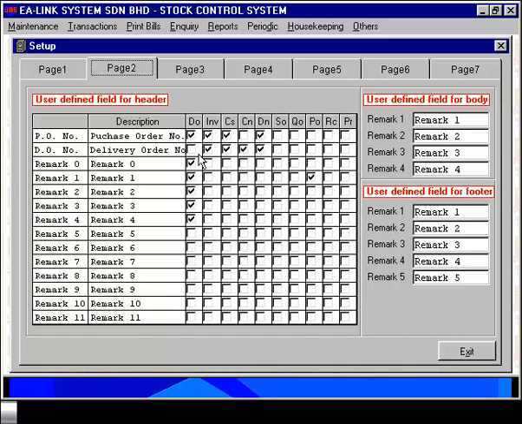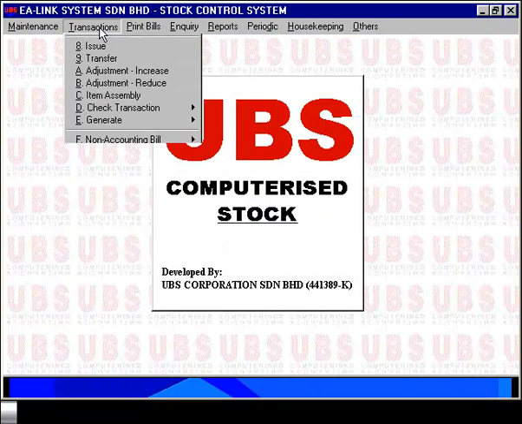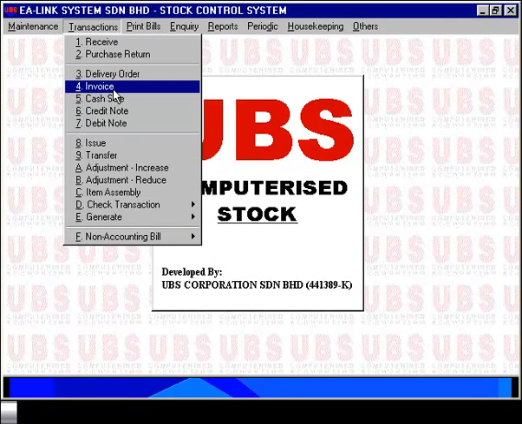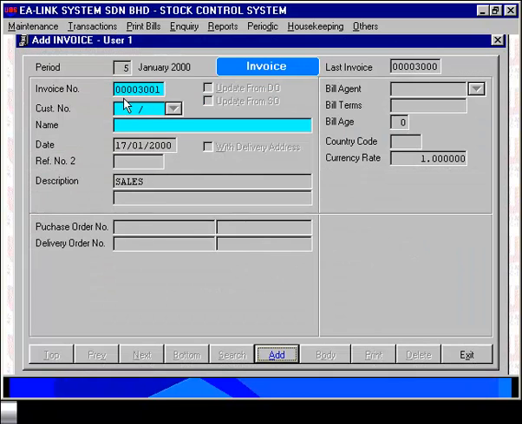Say for example, if you look under invoice, against invoice you have purchase order number and the delivery order number ticked against it. Now let's go into the invoice and you will understand how that setup actually affects the look of your invoice. Now I'm just going to transaction invoice. Now this is the invoicing module. Now as you can see, against the invoice I now have the option to enter purchase order number and the